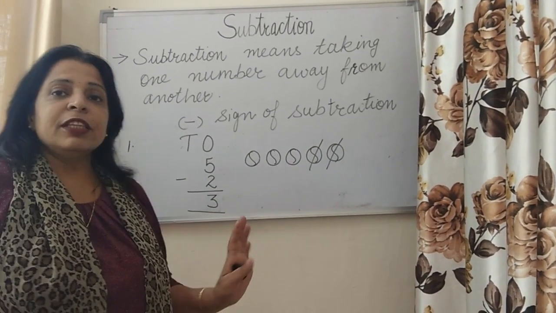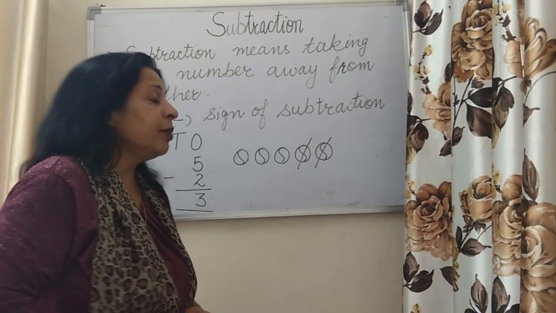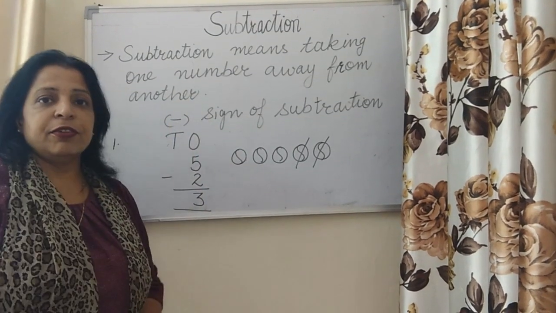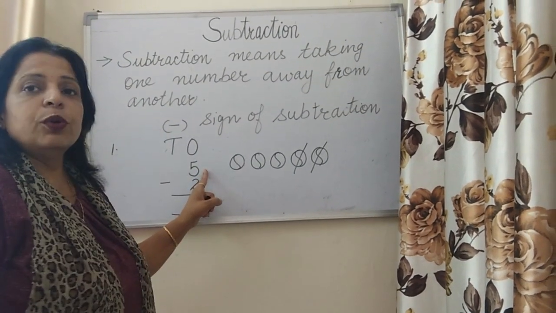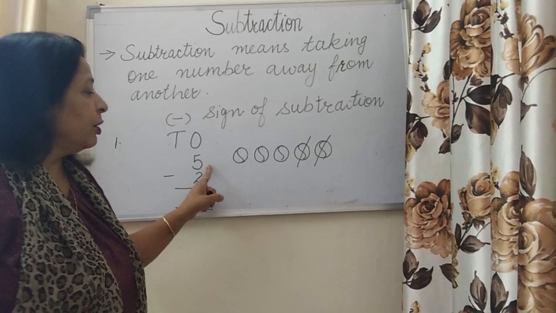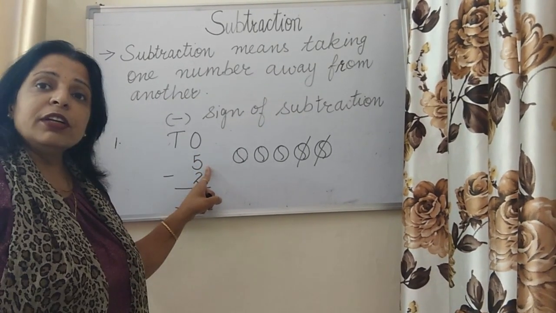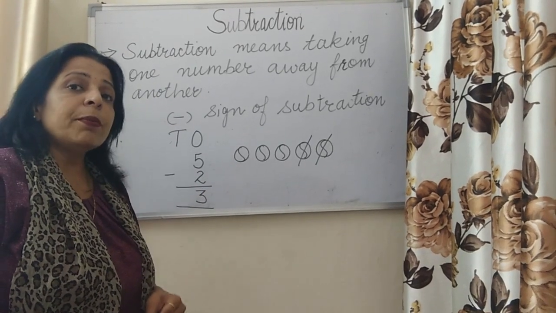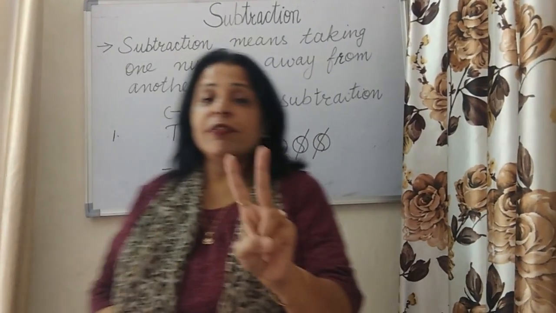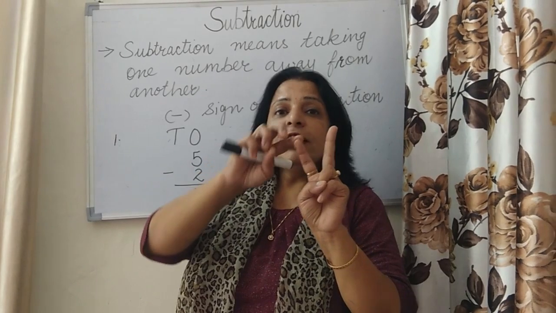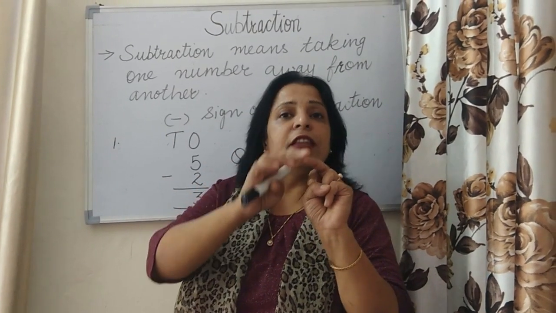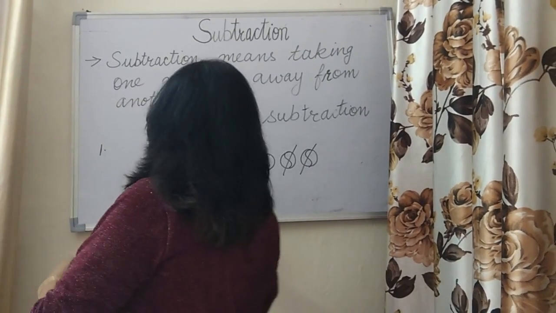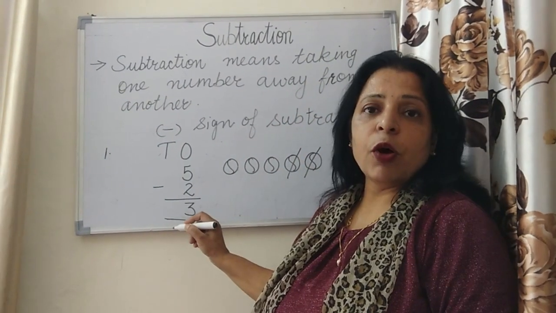This is one method. Now, come to the second method. Suppose we have to subtract 2 from 5. You can do it with the help of another method, start backward counting. 2 numbers back from 5. 5, then 4 and 3. So, how many balls does he have now? He has 3 balls now.